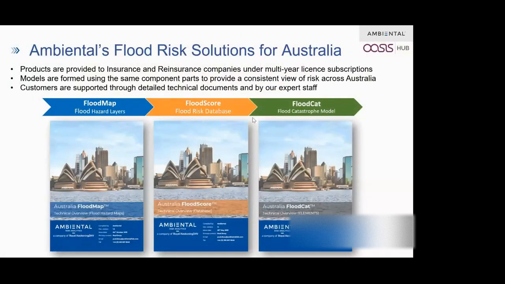So my colleagues, Katie and Dave, spoke about the production of flood map and FloodFutures and its key features. So in the next few slides, I will be talking about how the FloodScore, especially the property level FloodScore risk rating, is used in the development of FloodCat, and most importantly, how the changes in the production of the FloodScore, that is the risk rating database, impact the FloodCat results. So here's a slide which tells us how the FloodScore and the flood map tie into the development of FloodCat. This is just an introductory slide. Can we move on to the next slide, please, Tom?